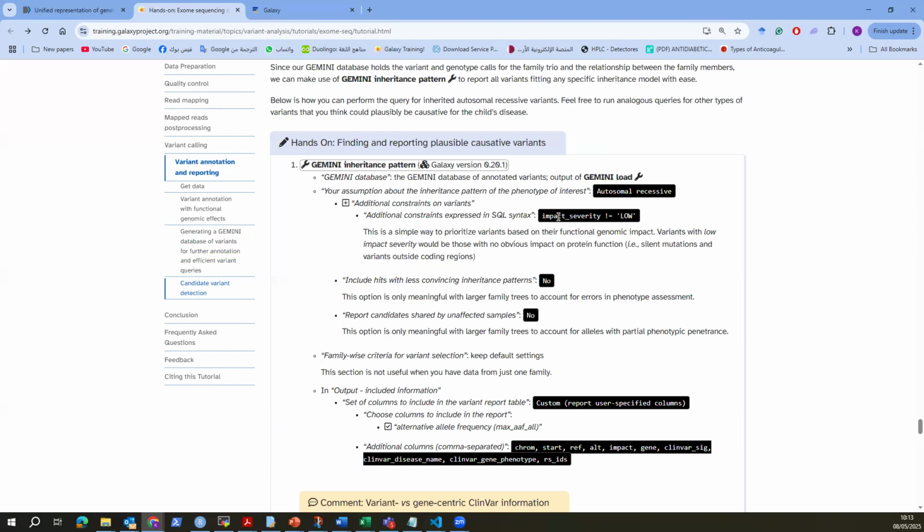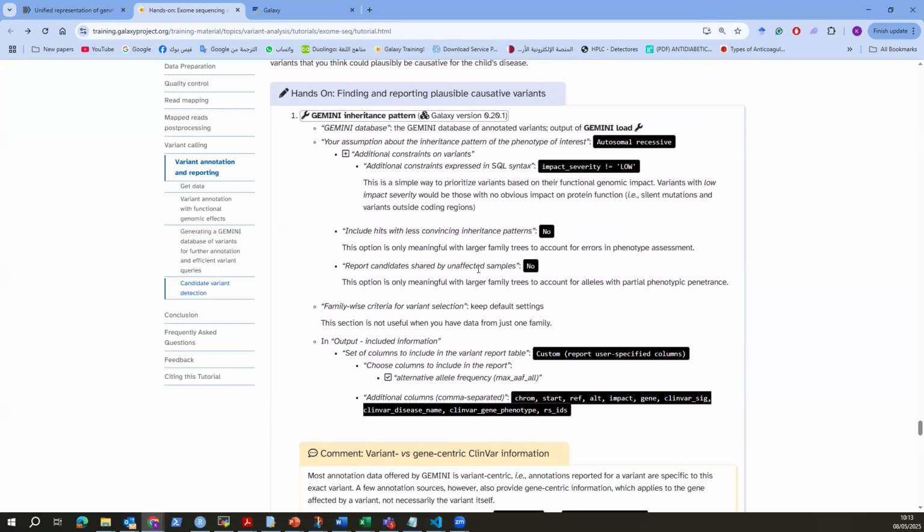So we are suspecting that it's an autosomal recessive, and then with the impact severity, we use low, so that we will ignore the data that have low impact on protein function. So we will only look into the data that have a high impact on the protein,